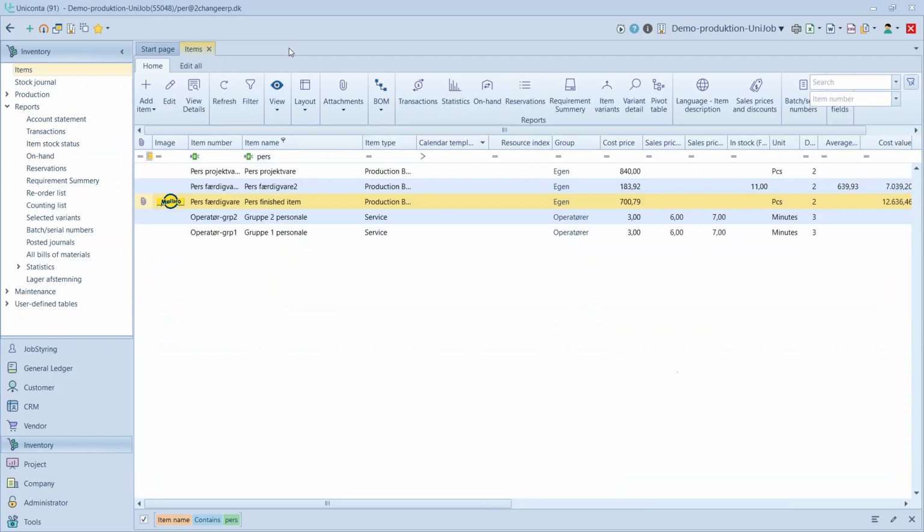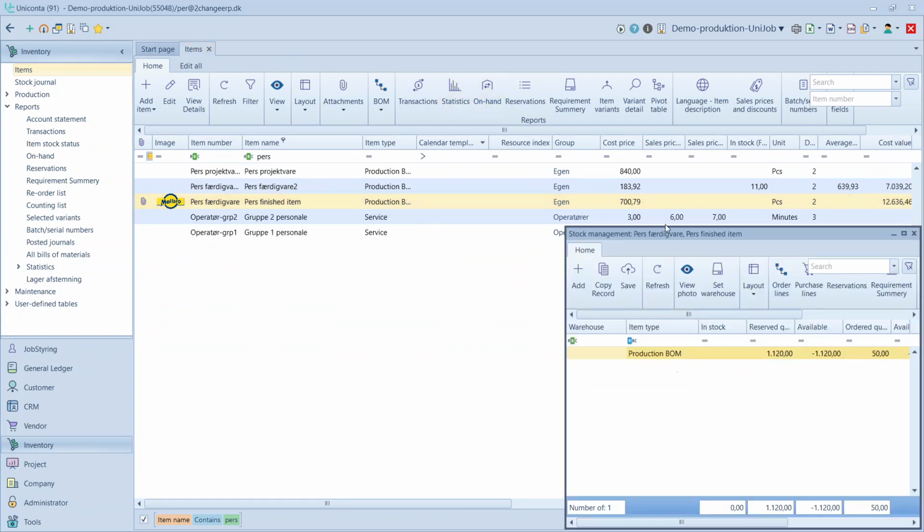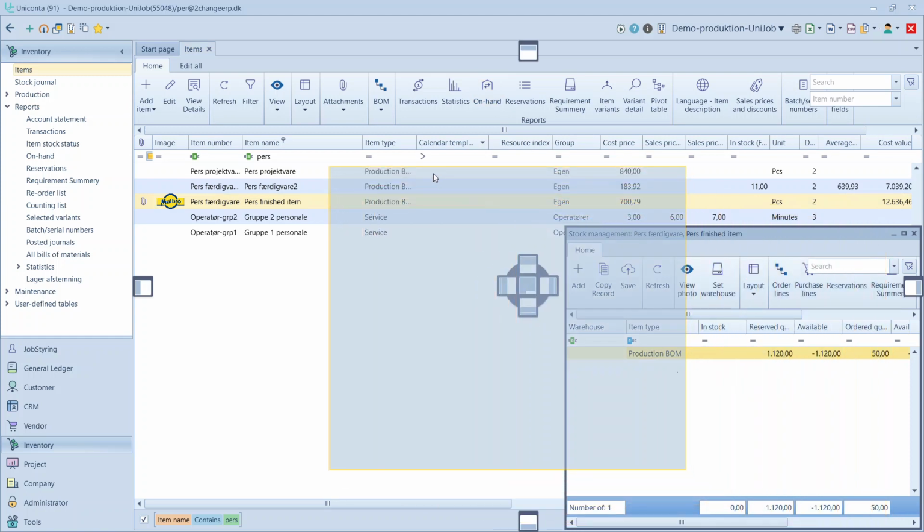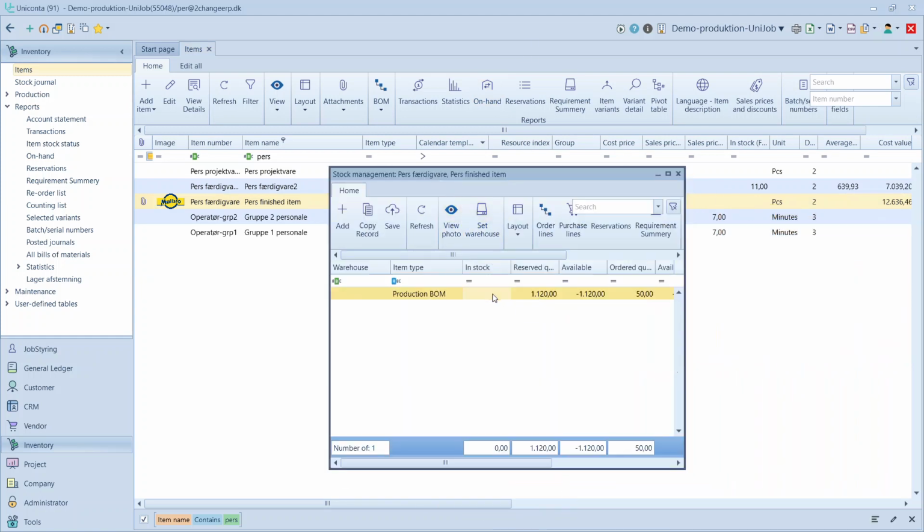Let's try to make a production order on this item. Before we do that, let's have a look at the inventory status. How many do we have in stock? We have 0 in stock. We have reservations for 1,120, so we have a negative available number, but we have ordered 50 in production orders, but we are short